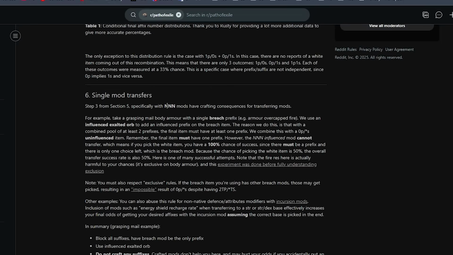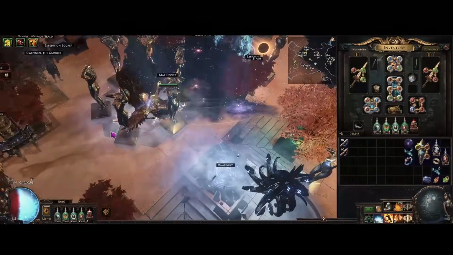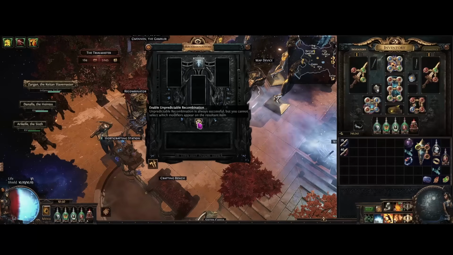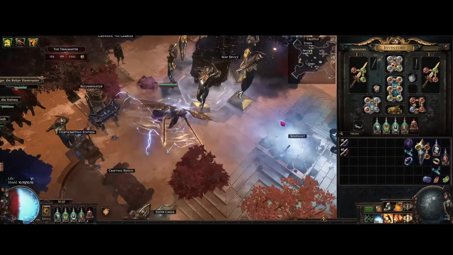And here we go. So there's a couple of things you need to understand with recombinating before we get started. The first thing is, let's go take a look at the Recombinator over here. There are two recombination methods in 3.26. There is the unpredictable method and the normal method, I guess. The normal method, or when unpredictable recombination is not enabled, is the same method from Path of Exile 2,